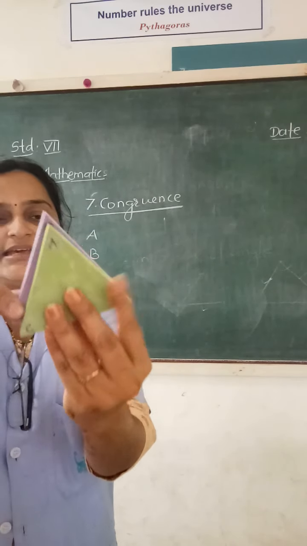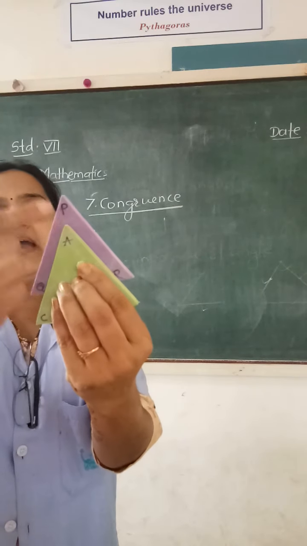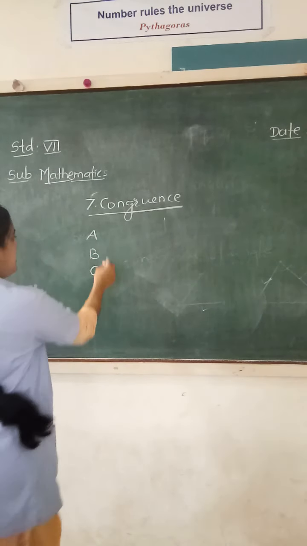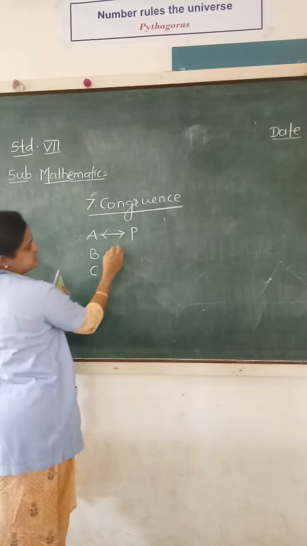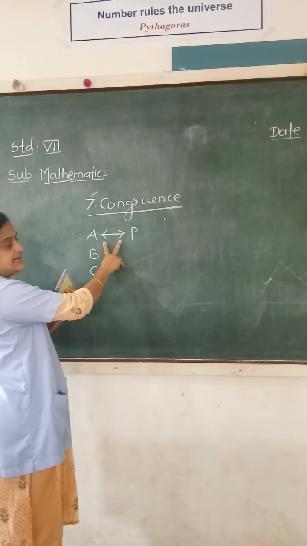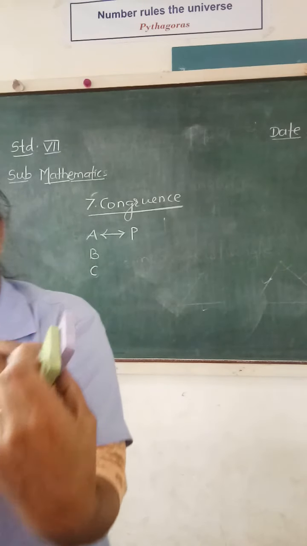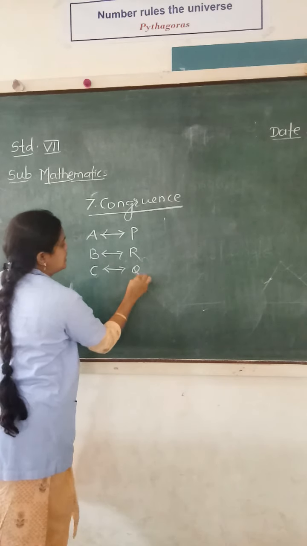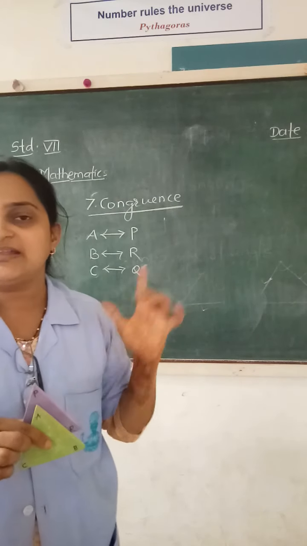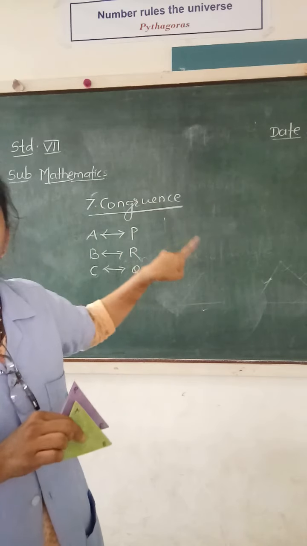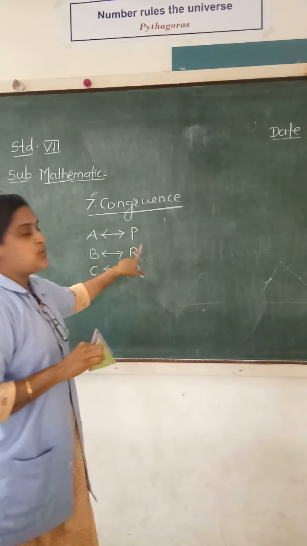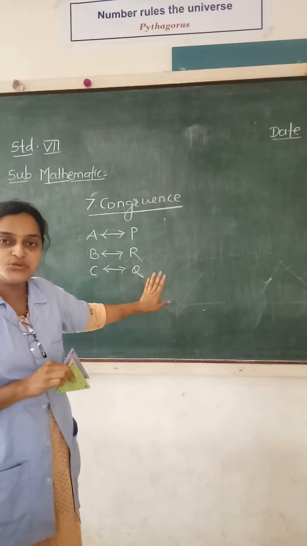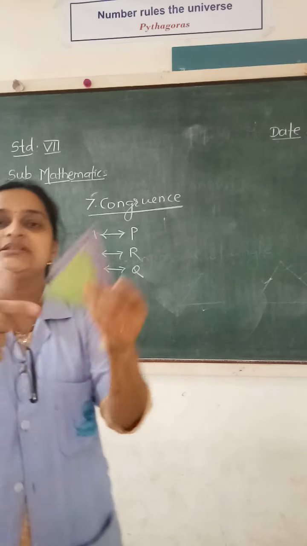Now see, in this case when I place them on each other, A matches to P. Okay. And this is represented by using this double-sided arrow. A matches to P. At the same time, you can see here that B matches to R and C matches to Q. Now matches, this is a general word. I will use the mathematical word: A corresponds to P, B corresponds to R, C corresponds to Q. Are you getting my dears? Now this is one way.